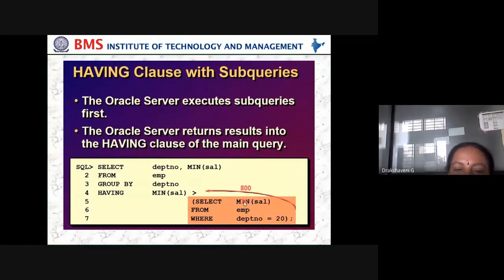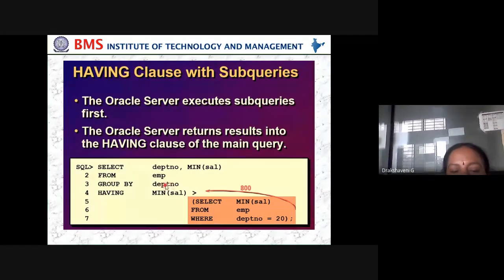First this 800 will be fetched. After 800 is fetched, I want to know for which department this person is and what the salary is. So here, department number and the salary from which table? From the employee table. And how do we group? First all employees in the MCA department will be grouped.